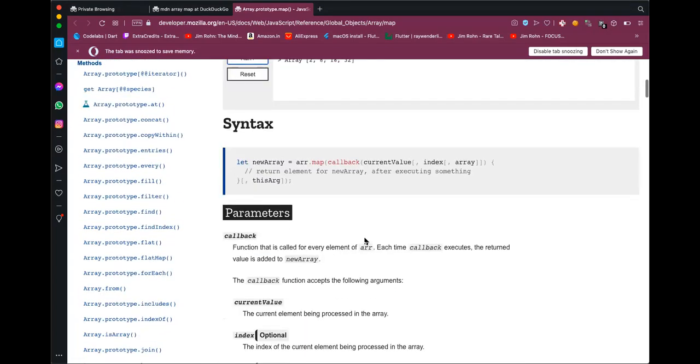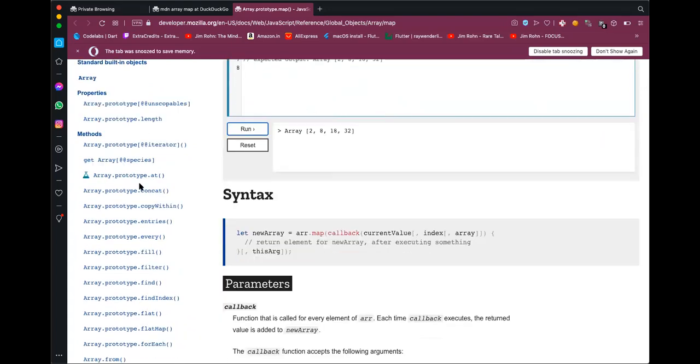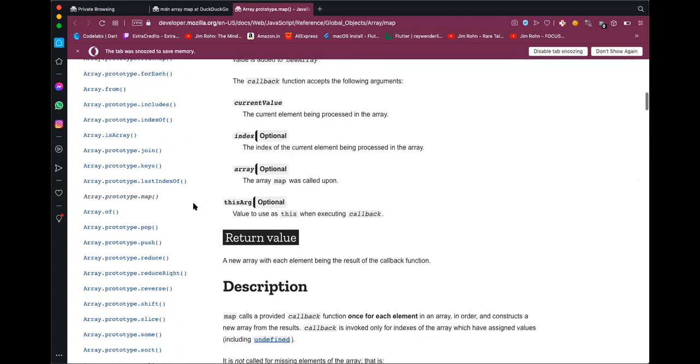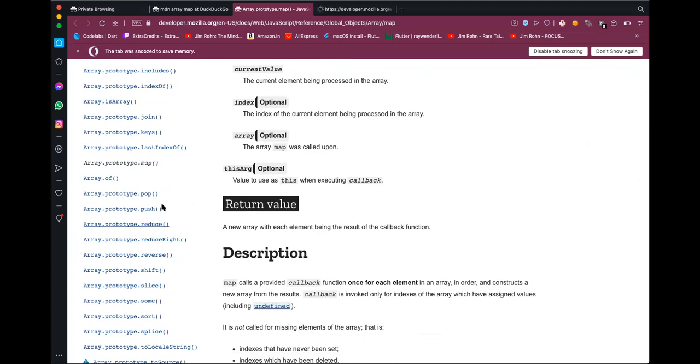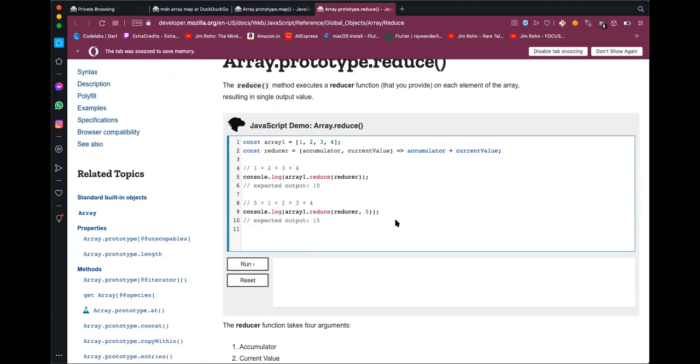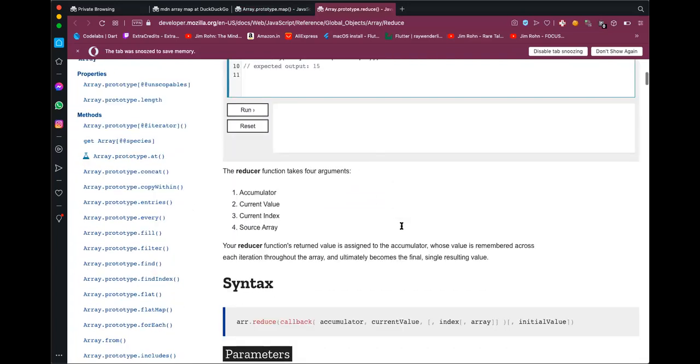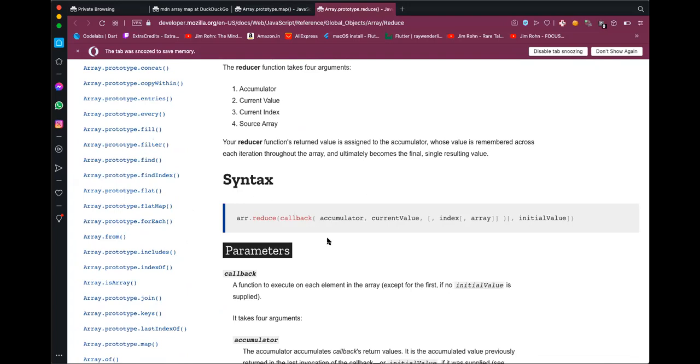I can see the syntax of, let's say I want to check the syntax of reduce. I can open the page for reduce: accumulator, current value. So we can see reduce has two compulsory arguments that it takes, accumulator and current value.